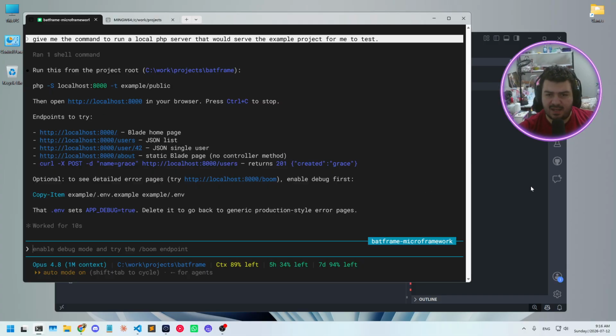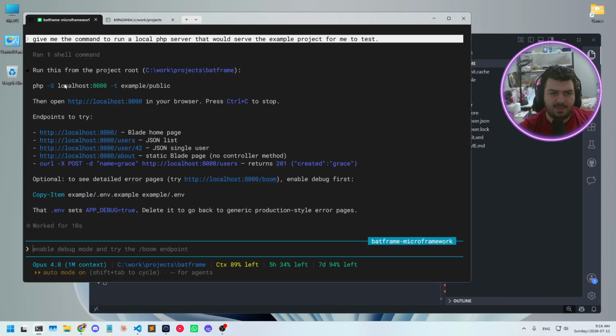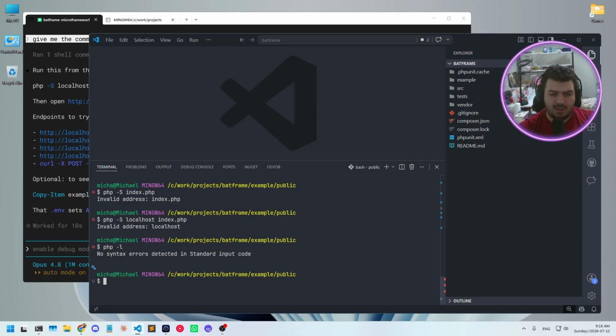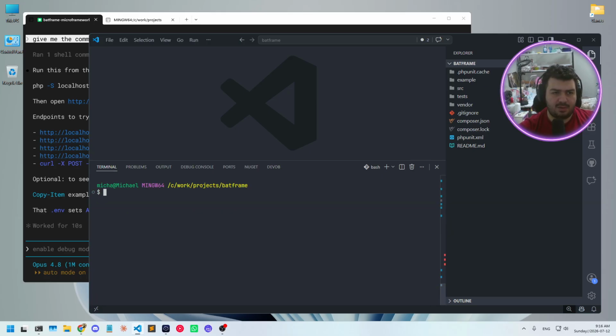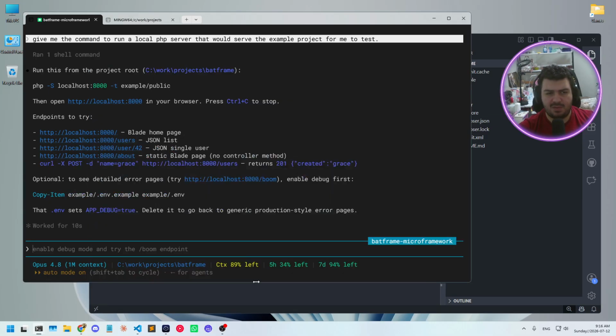Okay, so it is -S. Oh, but it's probably just the -t, which is the document root, I guess. Localhost 8000, but let's do 4002,